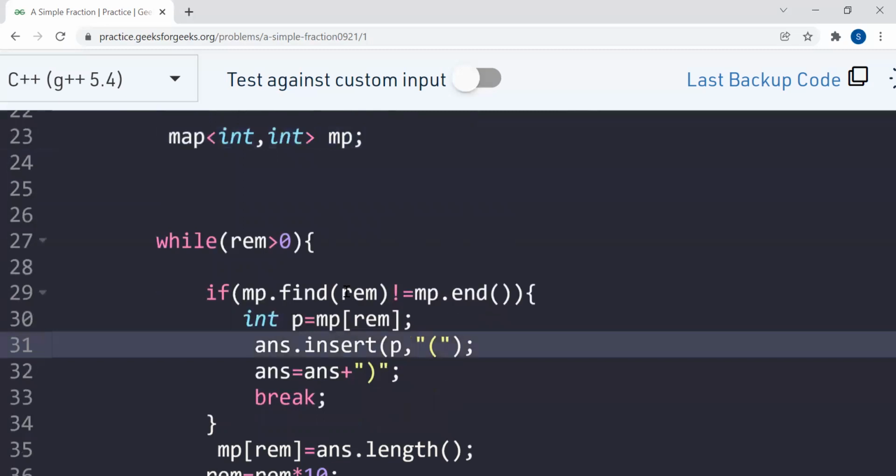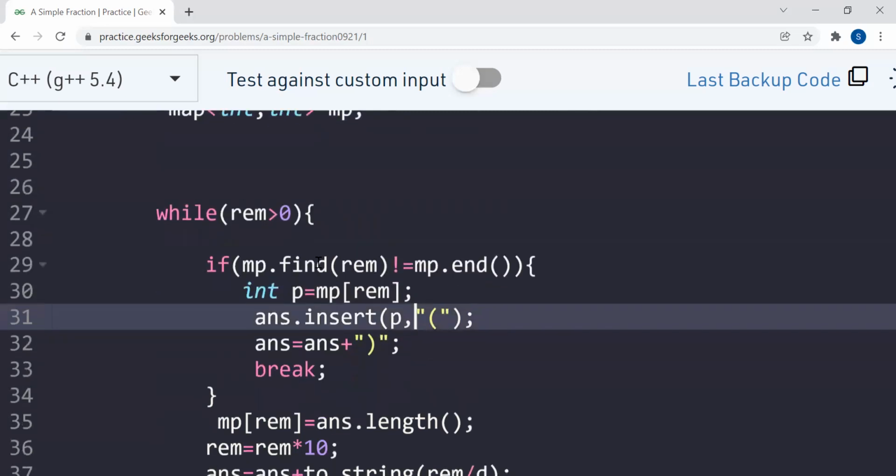If our REM variable is already present in the map, then we have to enclose that fractional part in brackets, right? A simple bracket.